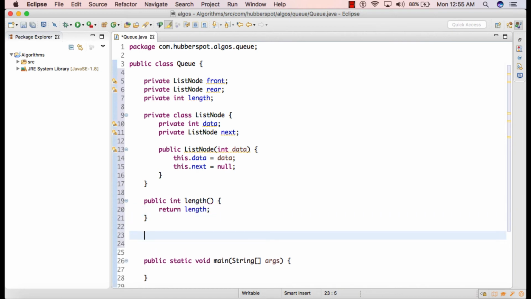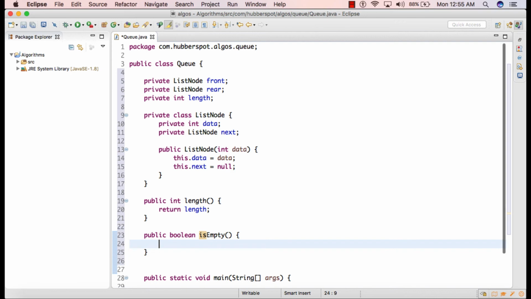We'll also create one boolean method, public boolean isEmpty. This method will return us a boolean value of whether a queue is empty or not. So we'll simply return length equal to 0. If length is 0, then this method will return true, and if length is greater than 0, then this method will return false.